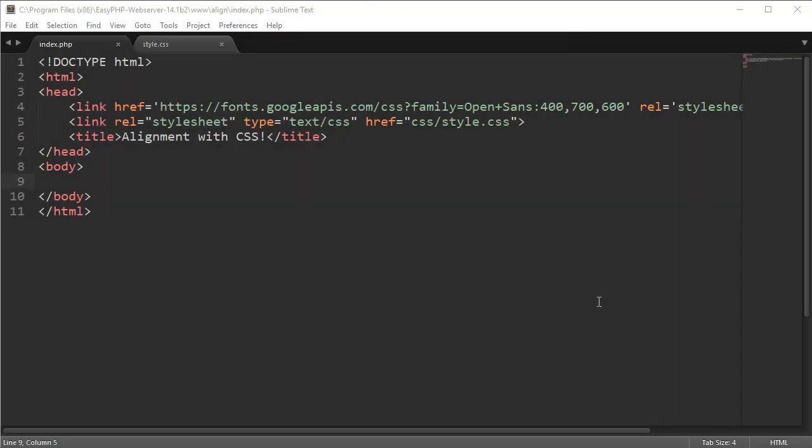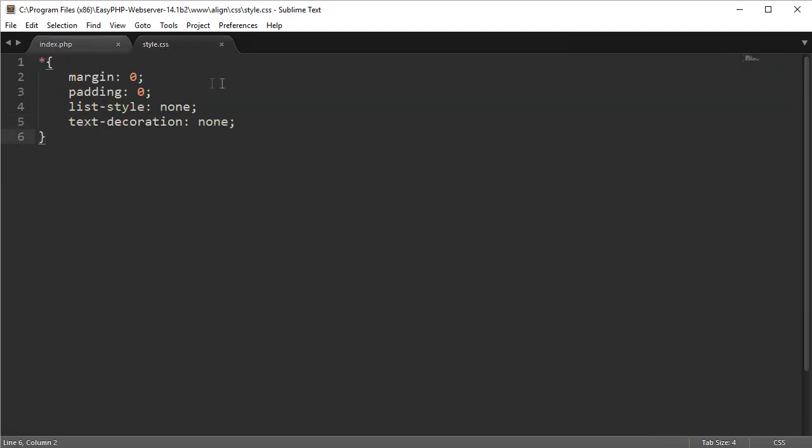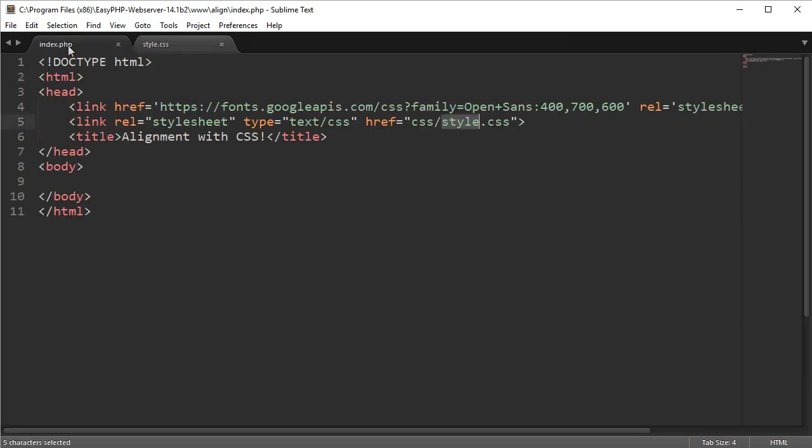Okay, so as always we're going to start off in Sublime, and you can see here I've linked Open Sans, which is just a Google hosted font, as well as a style sheet. It's in the CSS folder and it's a CSS file called style, and that's just open here. So you can see I've applied the asterisk here, which is just every single thing on the page, and I've set margin 0, padding 0, no list styles or decoration on the text,